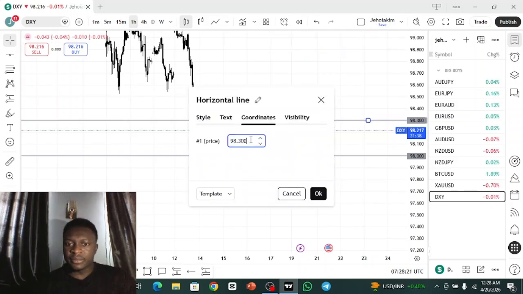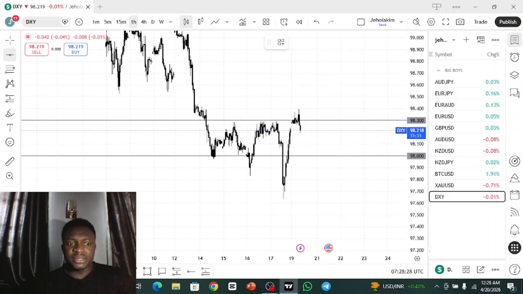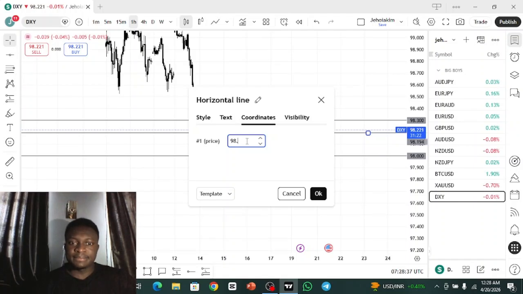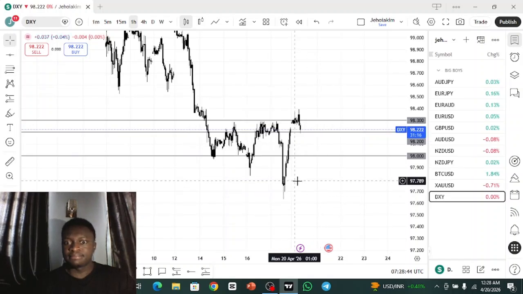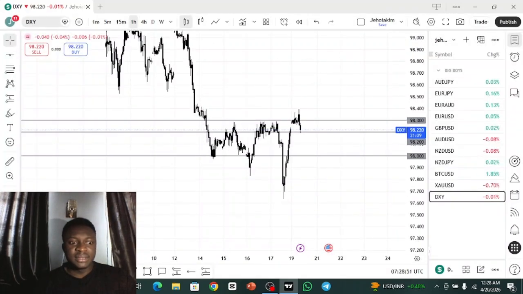It will help you in taking positions. So psychological level is really important. It's one of our confirmation keys. If you notice, most of the time the market reverses exactly on the psychological levels,